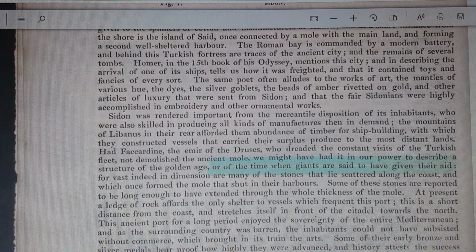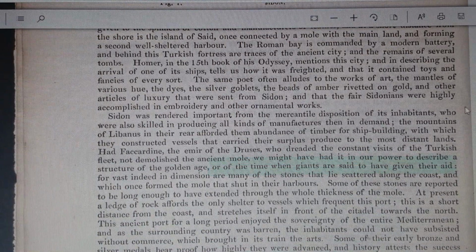However, the 15th book of the Odyssey mentions this city, and in describing the arrival of one of the ships, tells us how it was freighted and that it contained toys and fancies of every sort. The same poet often alludes to the works of art, the mantles of various hue, the dyes, the silver goblets, the beads of amber riveted on gold, and other articles of luxury that were sent to Sidon.